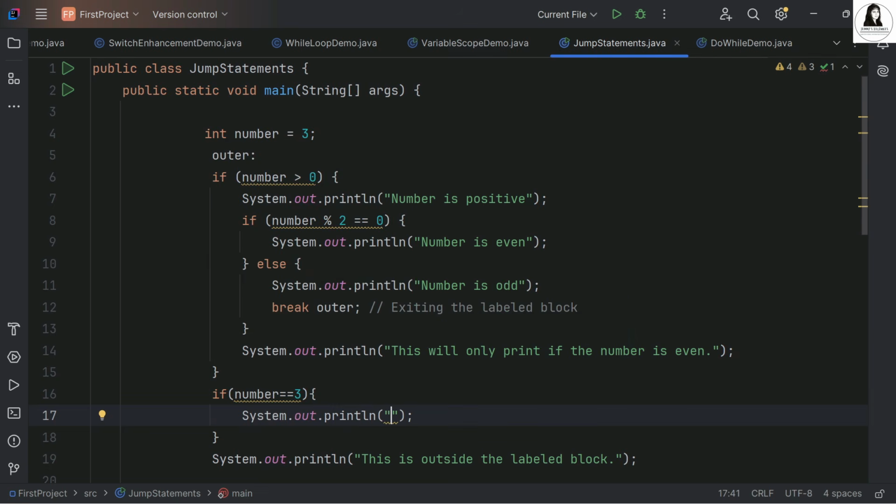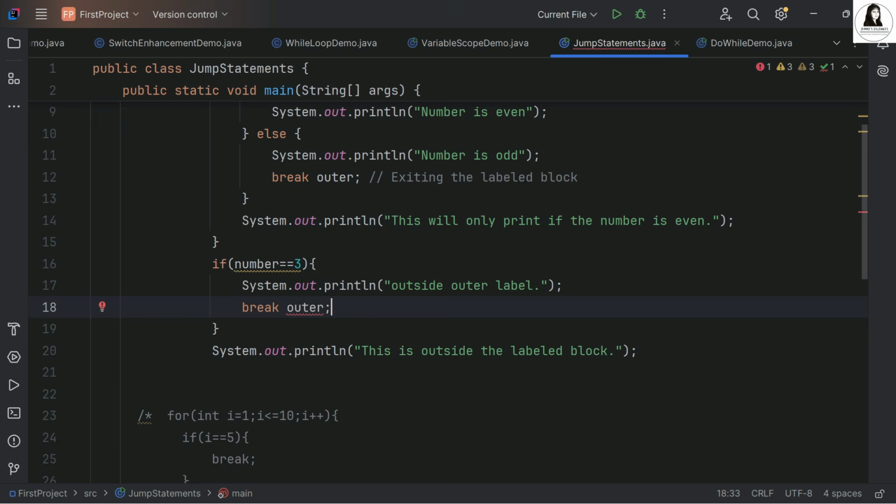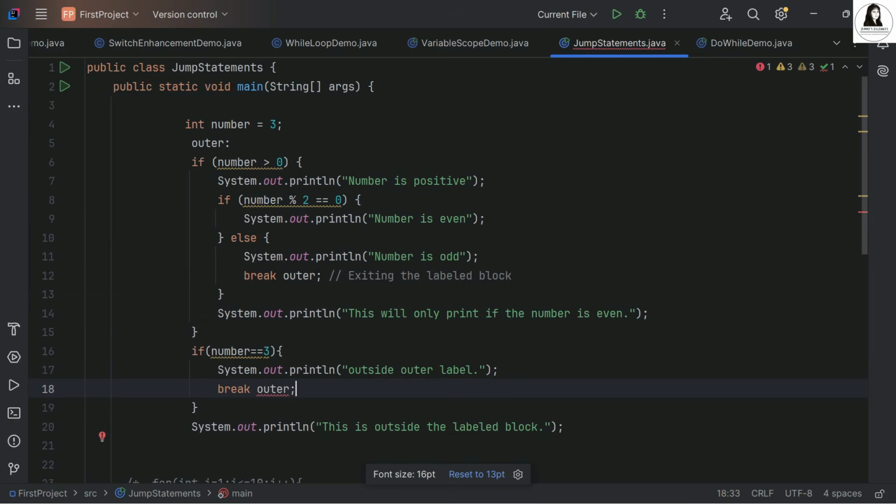So just print here with System.out.println. Let's print something, like outside outer label, or anything you can print. Okay, and let's use break outer, but it will give you an error. See the red line below the outer label,